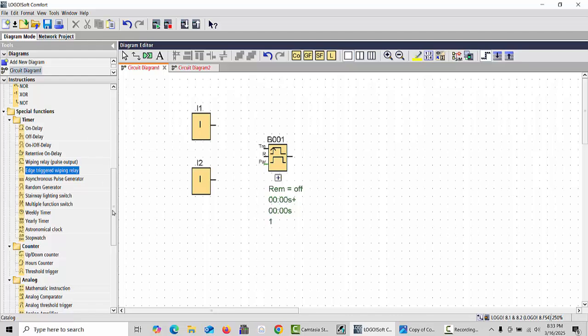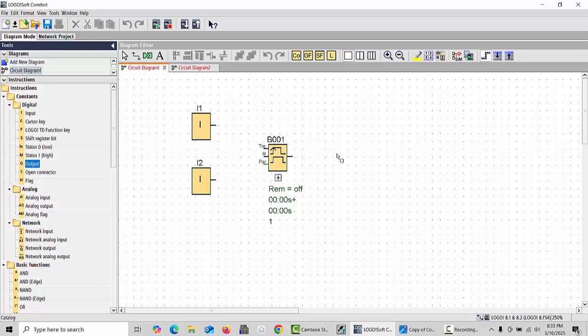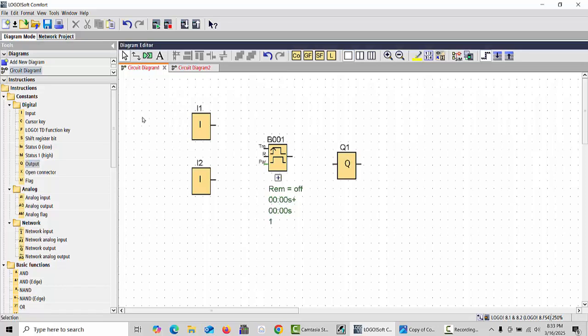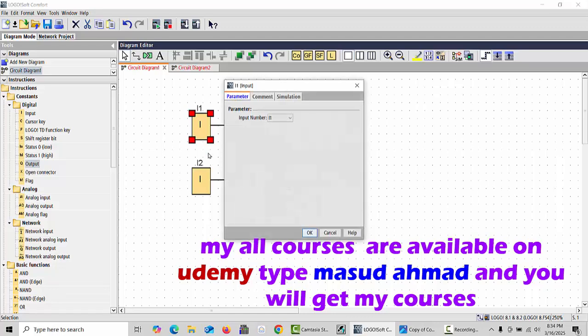And one more, we will take the output to check the status. So just connect this line at the input of the edge-triggered block and this at the reset, and this we will connect with our coil, and this we will assign as input,